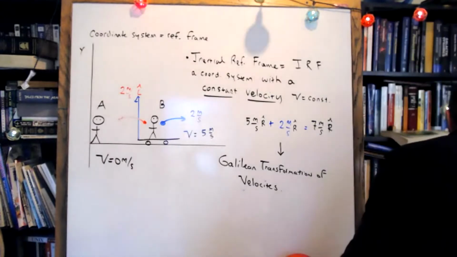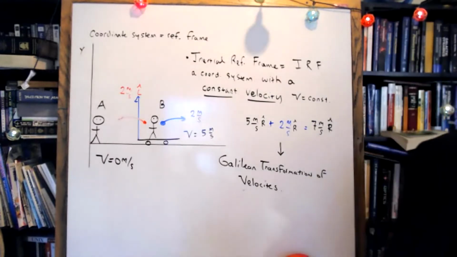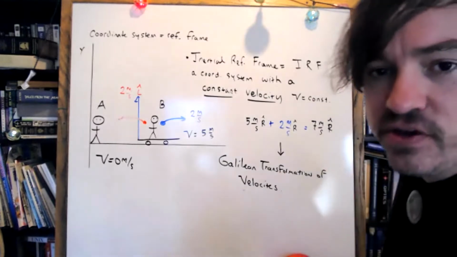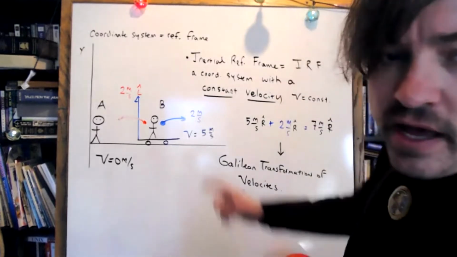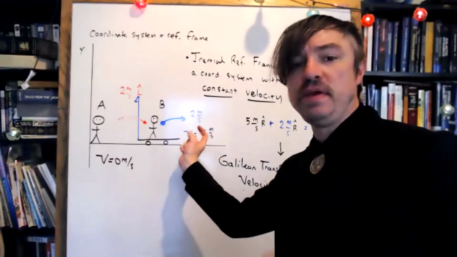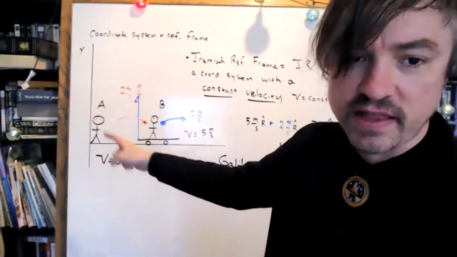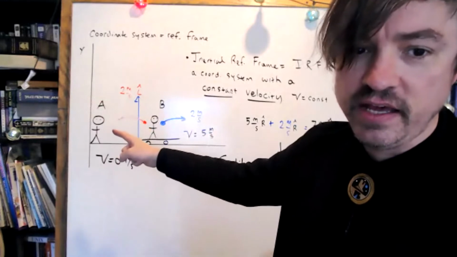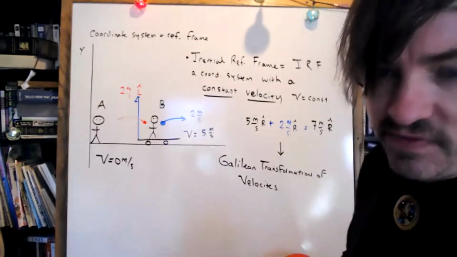I need a better red. Hey, Mateus, you were so good at this before. Sorry, can you repeat the question? I was writing down. Sure, Mateus. Observer B throws a ball 2 meters per second to the left. What is the velocity, speed, and direction of the ball relative to observer A?